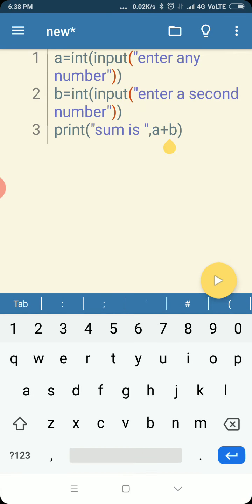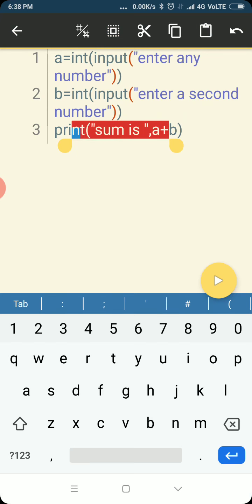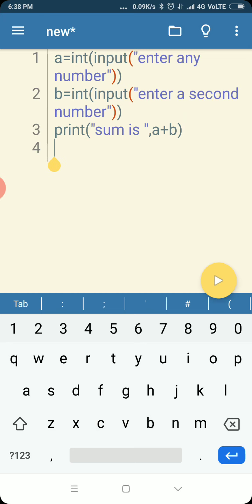Now same way all the questions, like the differences, it will be minus sign. So I can simply select this, copy it from the top, and after coming down I can paste it here.